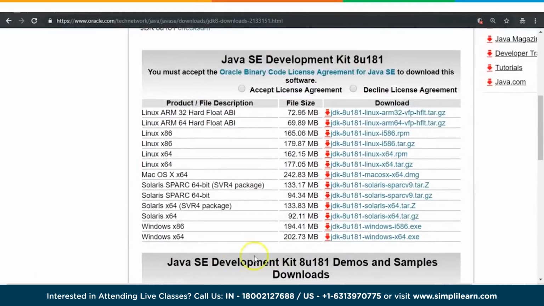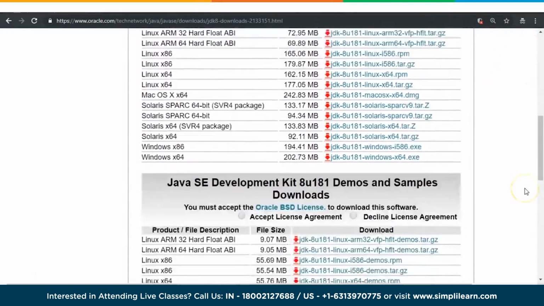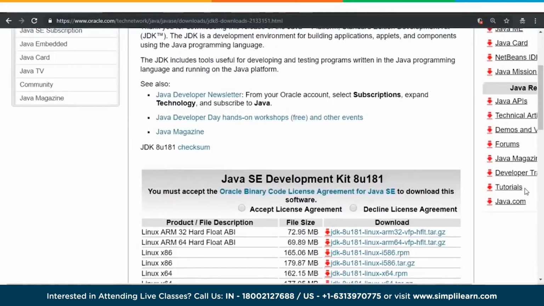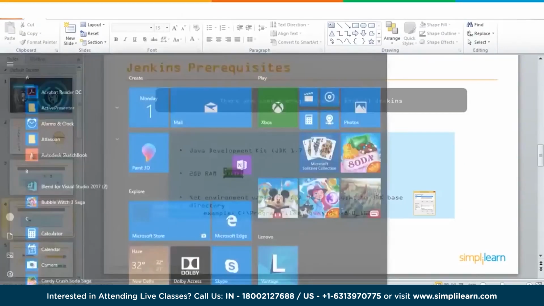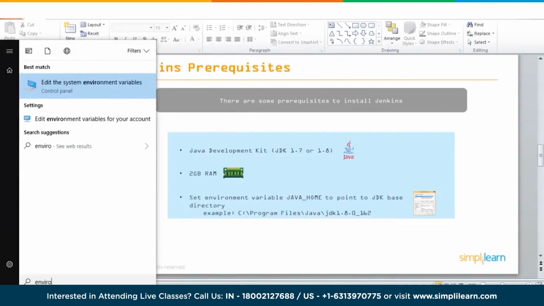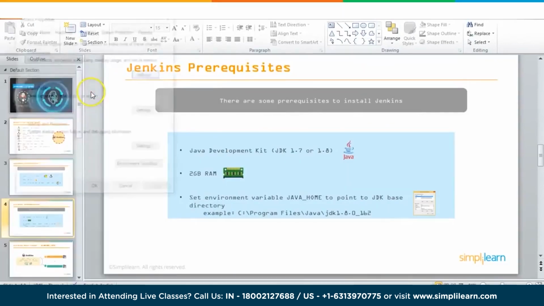So I have this Windows 64 installer that is already installed and running on my system. I will not get into the details of downloading this or installing it. Let me show you, once I install this, what I've done with regard to my path. If you get into the environment variables,